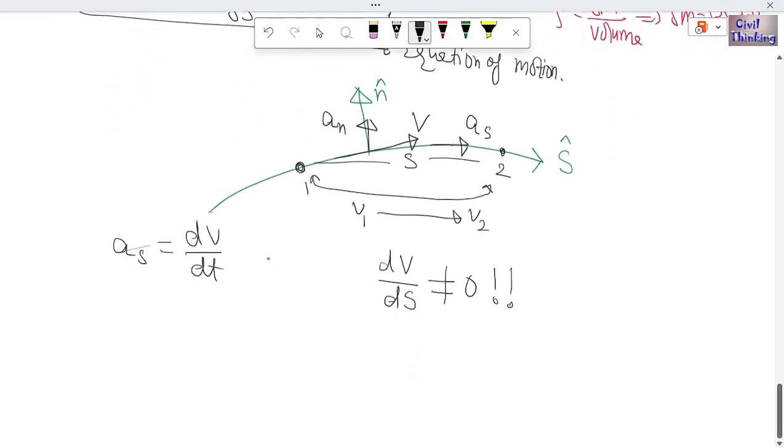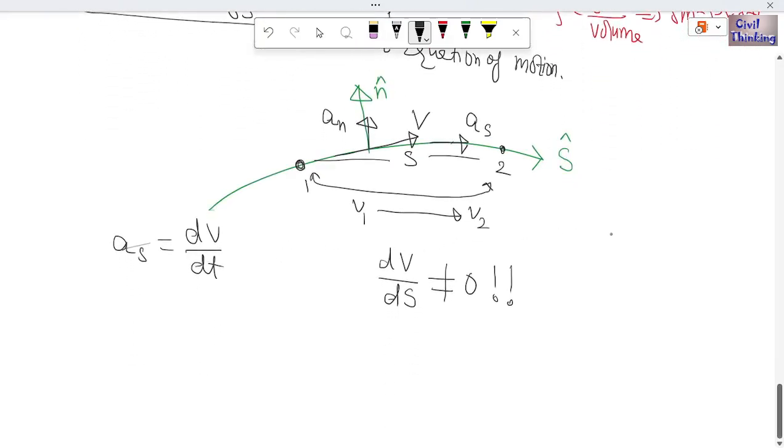If someone asks you this question, dv by dt is 0, how come we have acceleration? You will say the acceleration is because of dv by ds. Although the acceleration because of time is 0, we do have